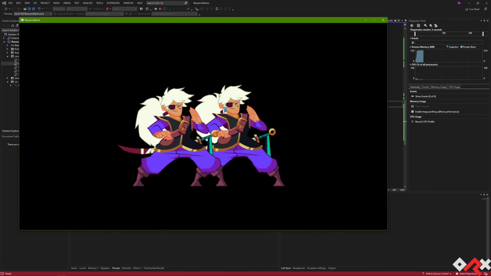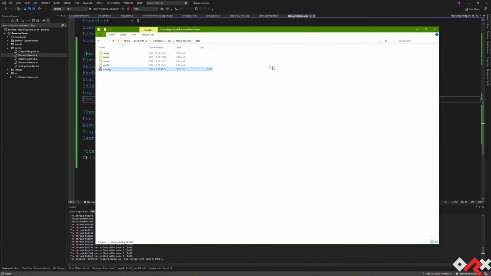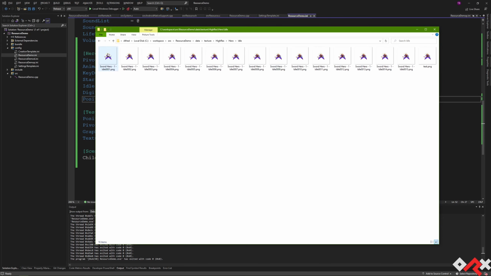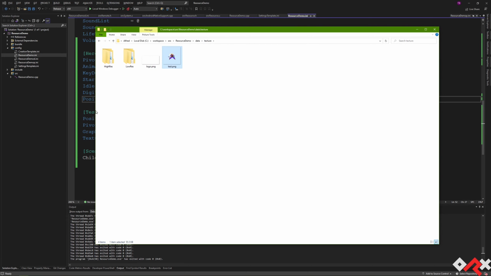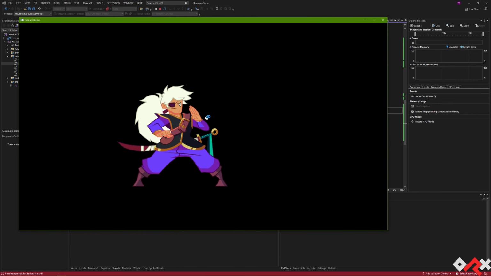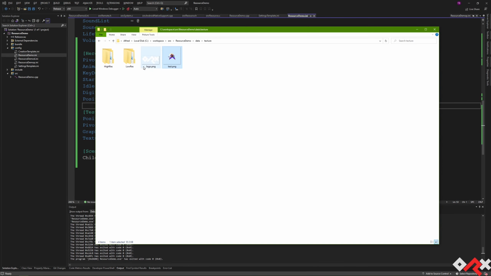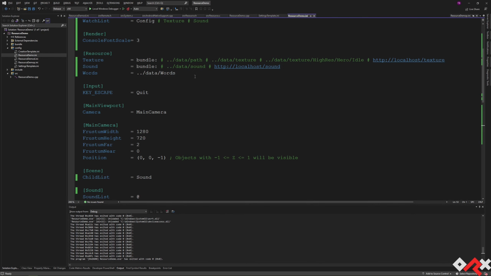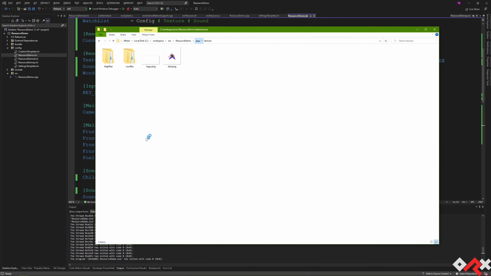Okay, so this is our regular test. That's the image we have in the texture, high-res, hero, idle test. We're going to put it at the texture level, and it's still going to work. And now if we're going to actually patch, where do we put the patch one? I already forgot. Okay, data patch. Here, if we create a patch version, and we put our test inside the patch,